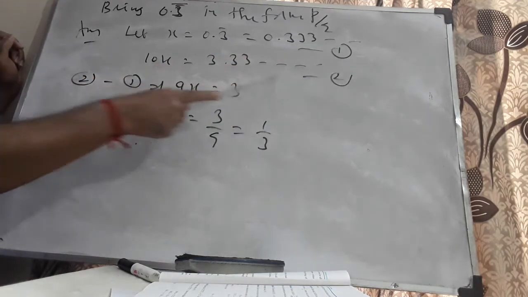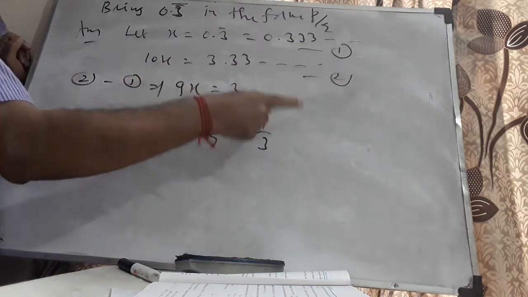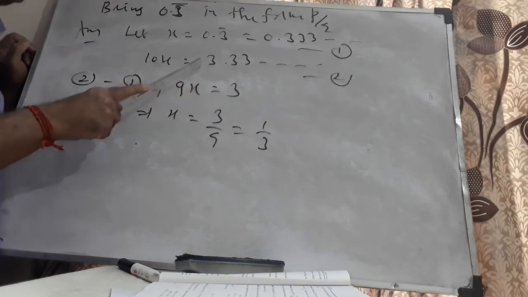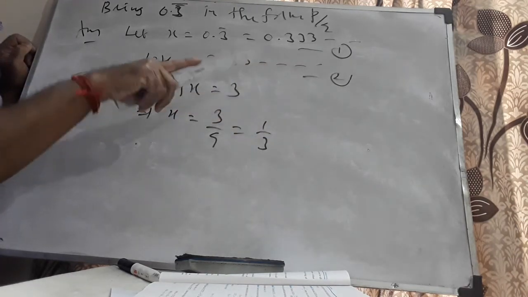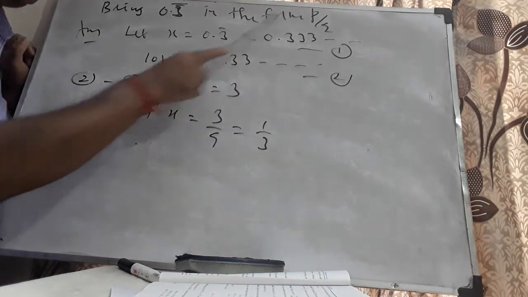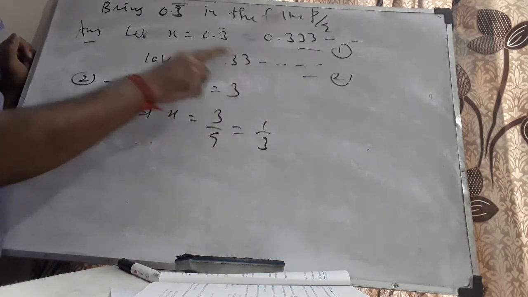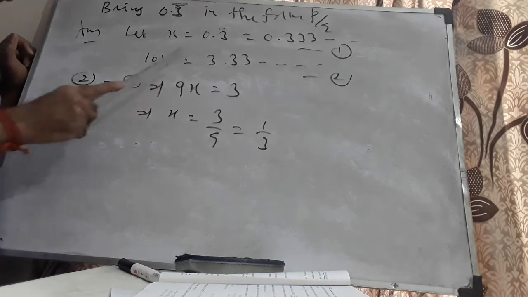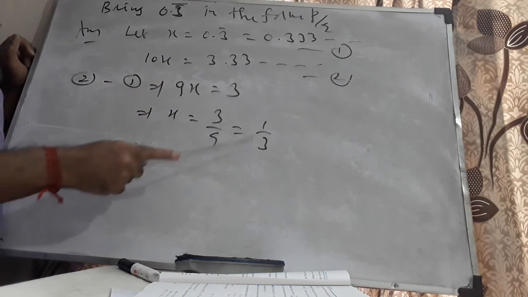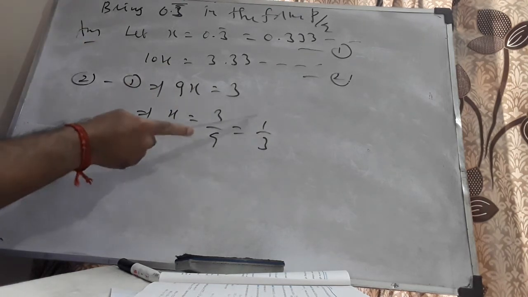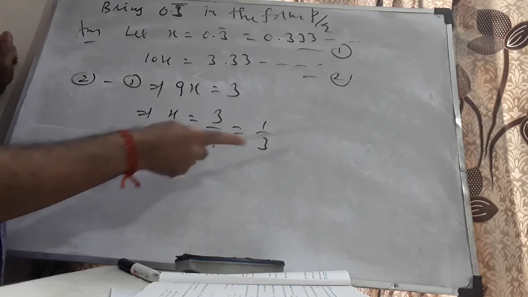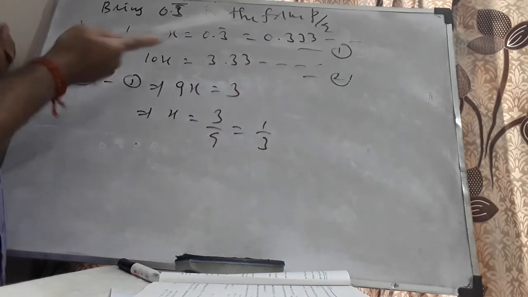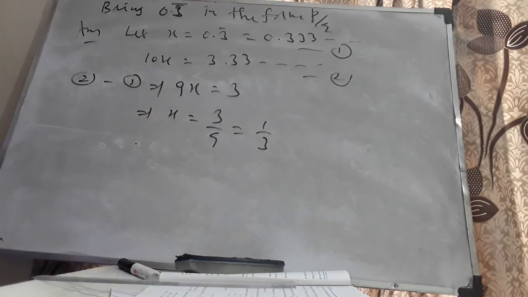Here, the decimal part goes up to infinity. Therefore, just by shifting one 3 over here won't make any difference in infinity. Infinity minus 1 is again infinity. There are infinitely many 3s after the decimal over here. It will get cancelled. 3 minus 0 is 3. Therefore 3 by 9 is 1 by 3. You can even check the reverse way also. Divide 1 by 3, 0.10, 3 3s are 9, remainder 1, 10, 3 3s are 9 and so on. For the reverse way also we can check what it exactly means.